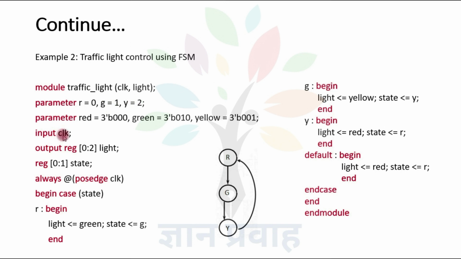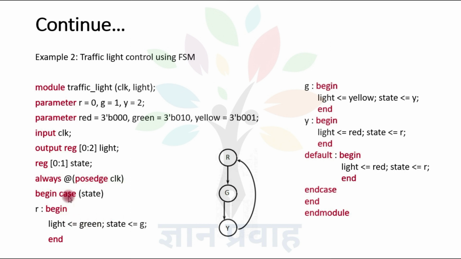The input is the clock here, that is the input signal for the flip-flops. Here three lights are there, so the output is light, and we are using a vector because light is represented using a 3-bit combination: 100 for red, 010 for green, 001 for yellow. And for state, we are defining a vector that represents the particular state using 2 bits, and these states are holding values, so they must be reg data types. Always procedural block with an event condition: when this condition changes, then this expression will be executed.